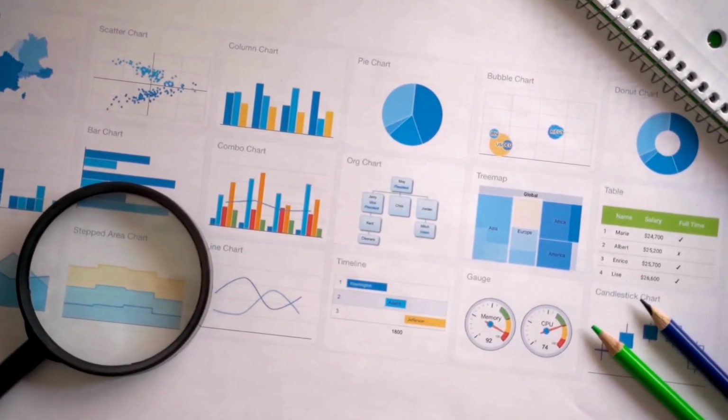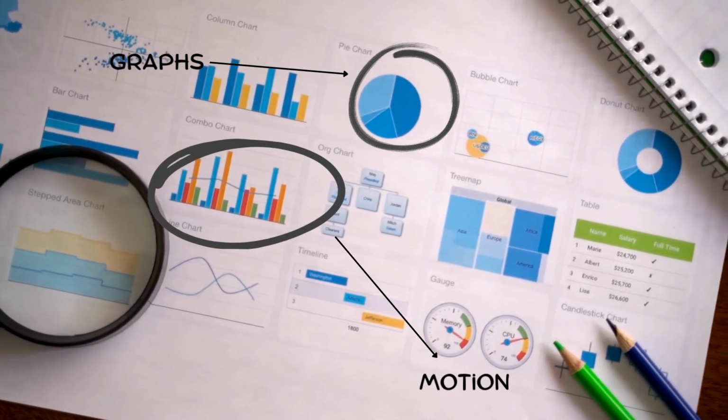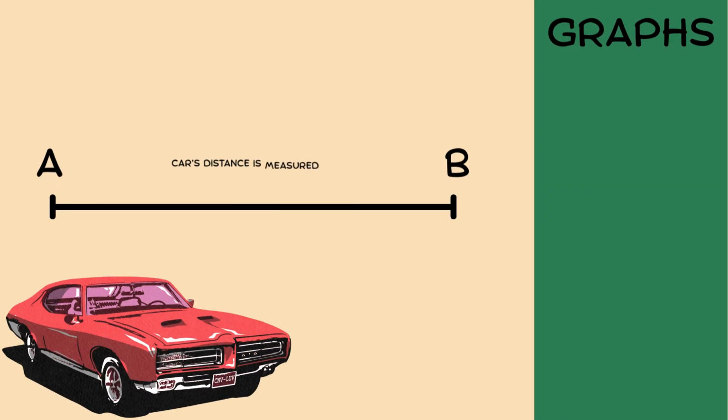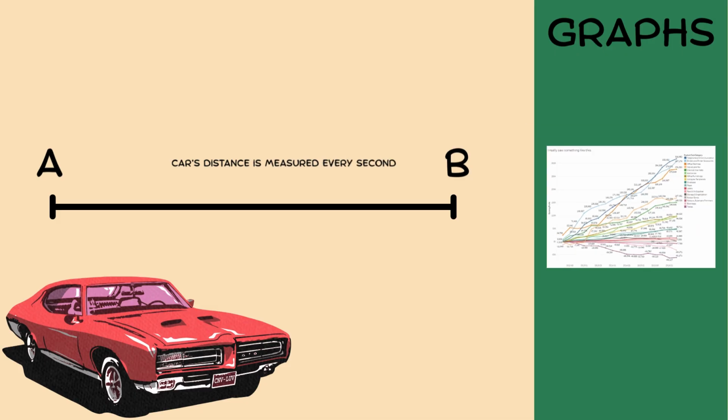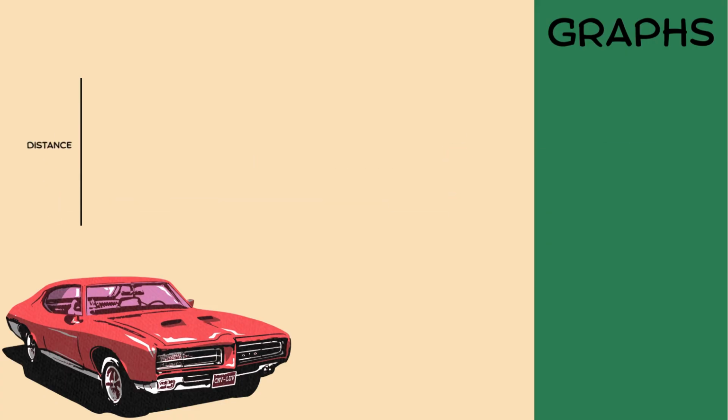Now, when we are studying motion, it is very key to use graphs to illustrate movement. For example, if a car is traveling along a straight road and the car's distance from the initial position is measured every second, we would see that there are many ways in which the car can move. If we were to compare the car's distance to its time traveled, creating a distance-time graph, we can notice 4